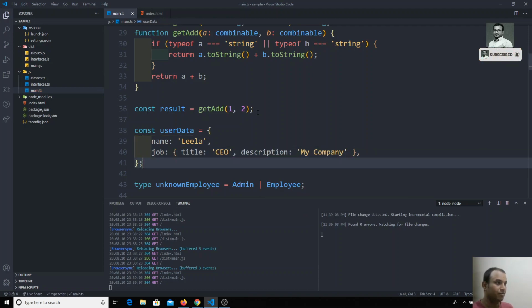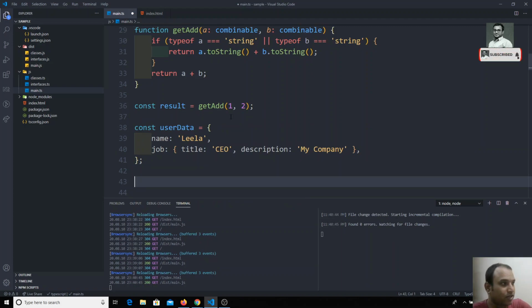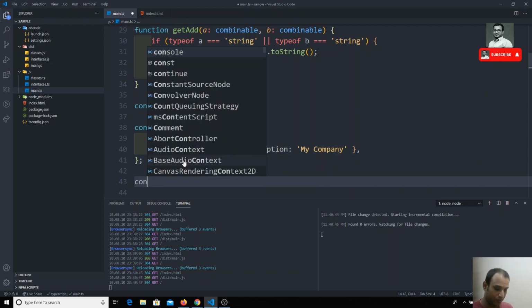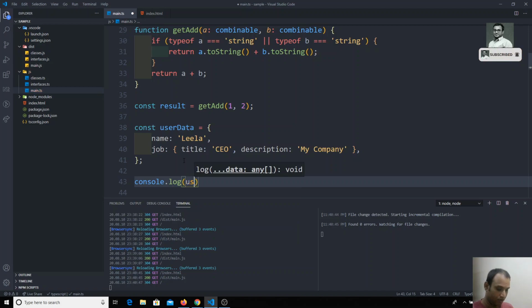Okay, we have a user data which is having a name property as Leela, and also a job, again it's an object. This job may come or may not come. If it is coming from the server or from any other data, TypeScript cannot recognize this. So for example, if I want to print this, console.log user data dot job dot title.